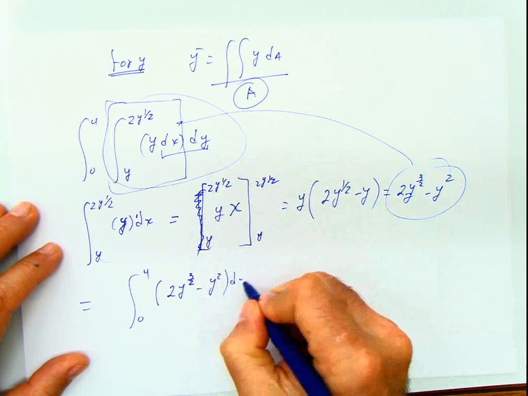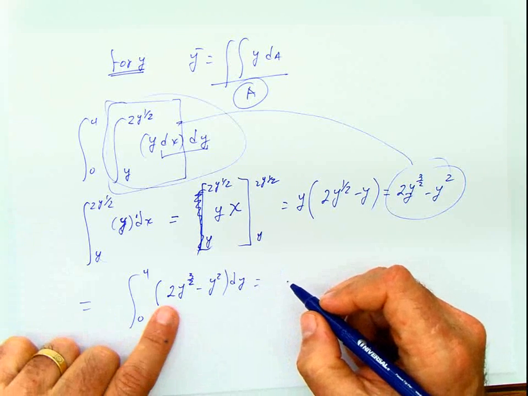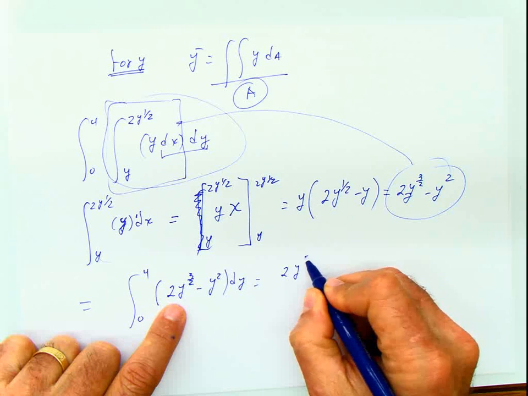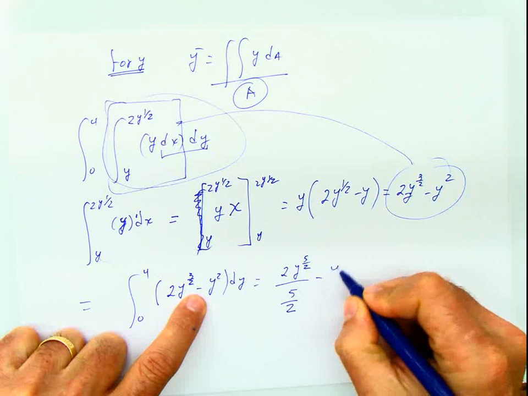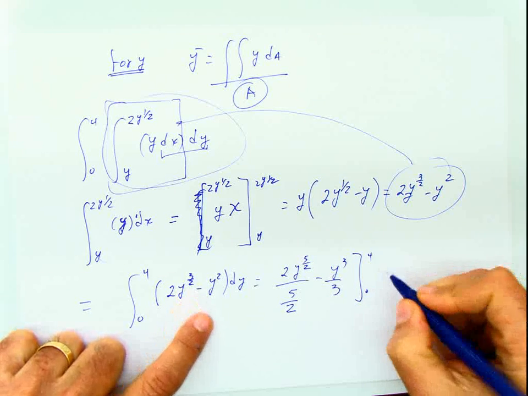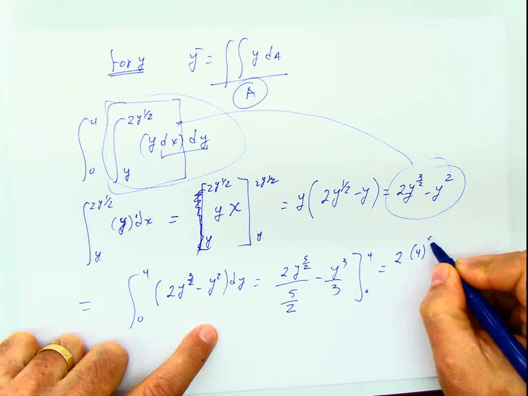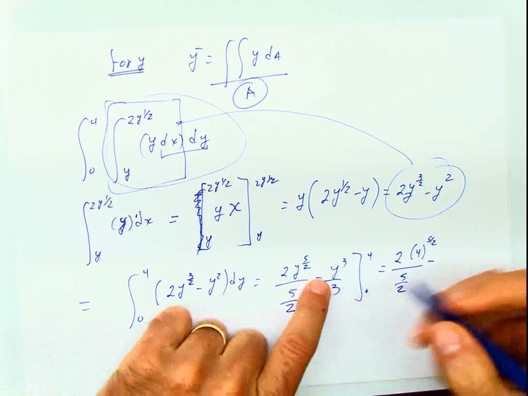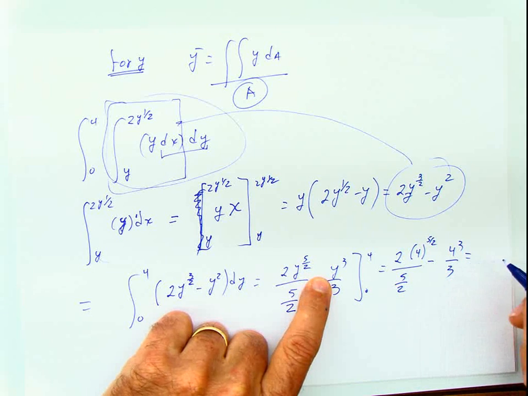dy. And now this is going to be equal to 2 times y to the 5/2 divided by 5/2 minus y to the third divided by 3, between 0 and 4. So that's 2 times 4 to the 5/2 divided by 5/2 minus 4 to the third divided by 3, and this value is